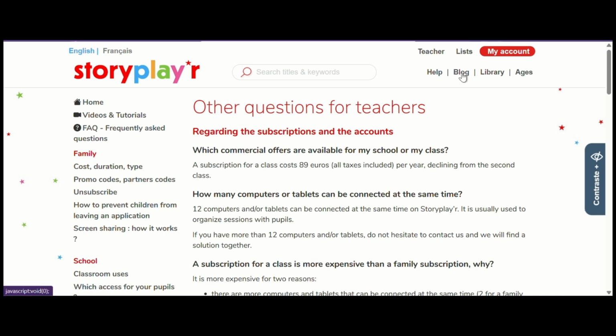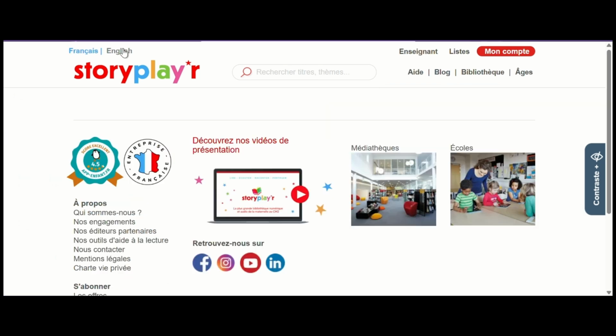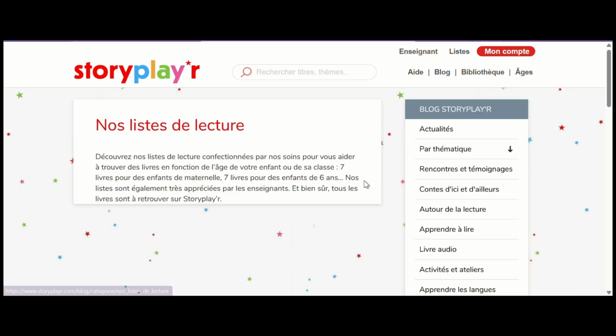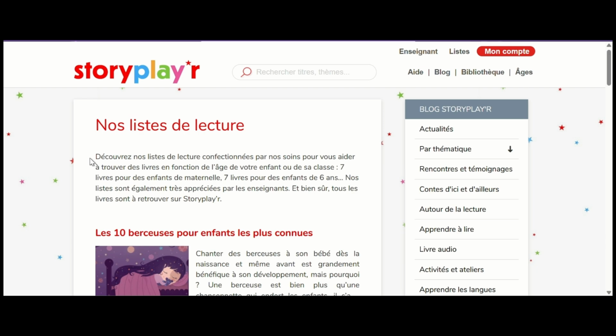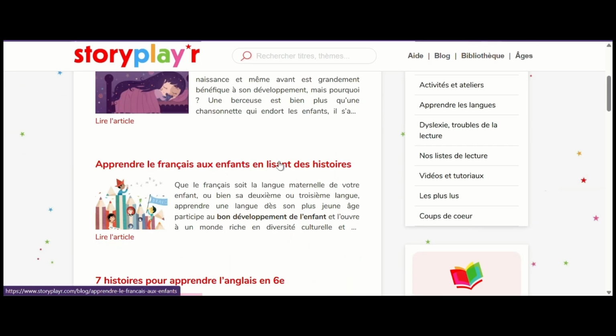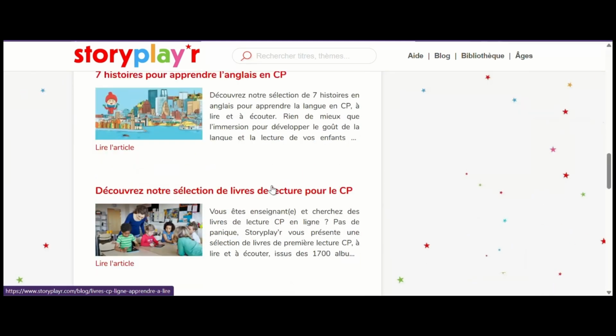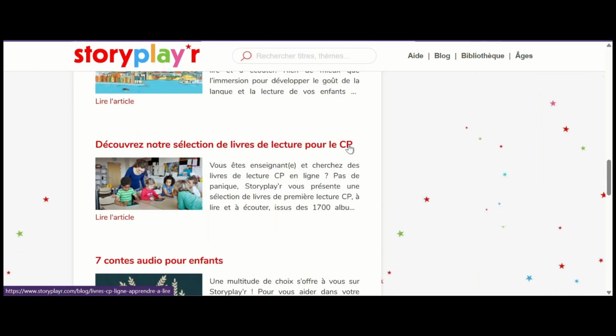Lastly, we also have here our blog. What can really be interesting is that we have reading lists, especially here. I'm going to switch to French. Here we have reading lists, and we offer different articles with reading lists. For example, learning French, learning English as well, different reading lists, learning how to read in 1st grade, etc. So once again, if you don't have time or if you don't have inspiration, this can be really helpful for